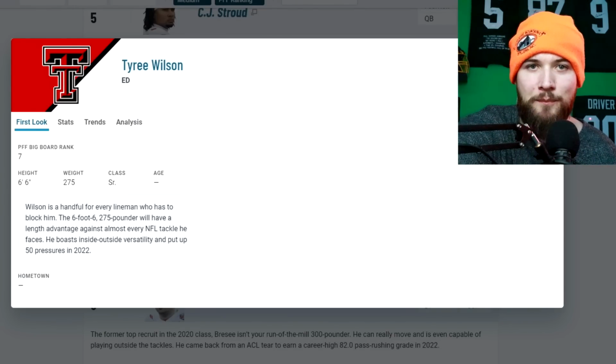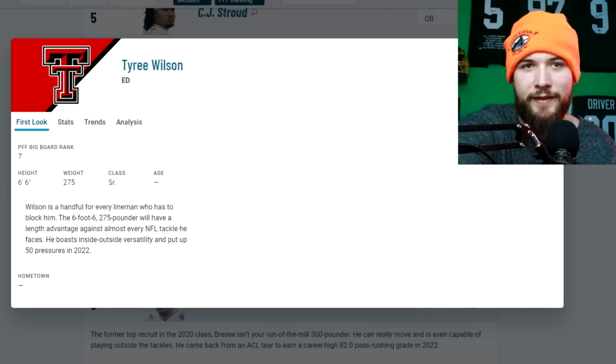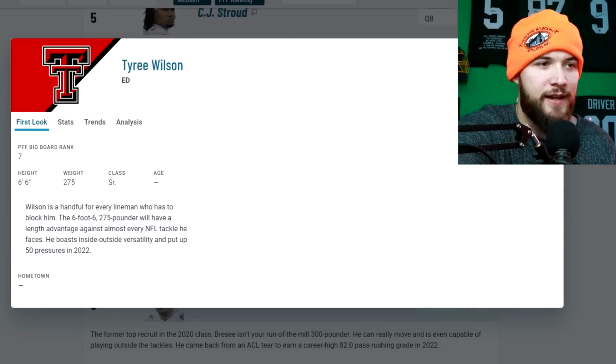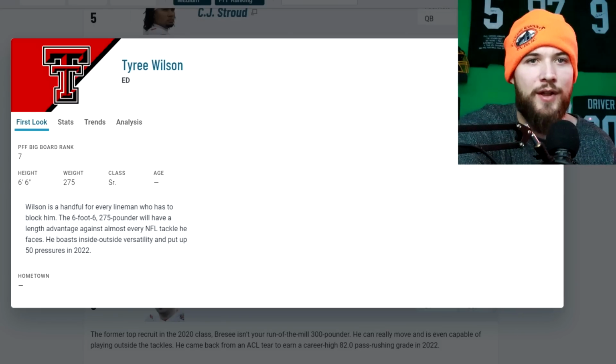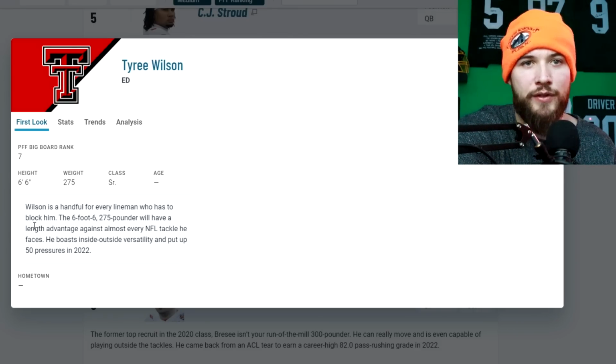The Packers have a big need at edge. They need edge depth desperately. Preston Smith is only getting older. Rashawn Gary just tore his ACL. Who knows when he'll return. Kingsley Enagbare looks very promising, but regardless, they needed to add an edge player early. And if that was someone like Tyree Wilson, just an absolute freak of an athlete and has the size,